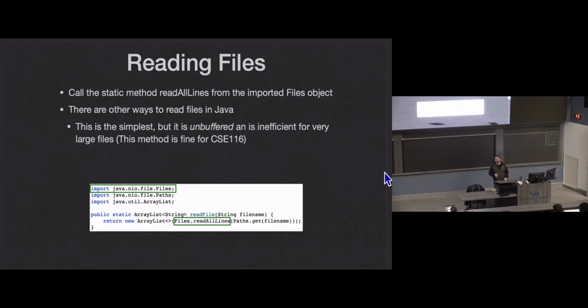800K, 900K. It's under. My goal was under a megabyte, and I got it under a megabyte. So less than 1 million bytes we're going to load into memory, which sounds like a lot, but to a computer that's nothing. We can store 1 million bytes in memory quite easily. But once you get into the order of gigabytes, that's when you really want to start thinking about this. If you're loading a gigabyte file into memory, you're going to notice that RAM usage. So you want to do something about that.